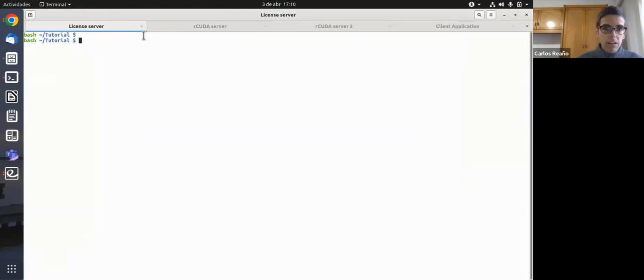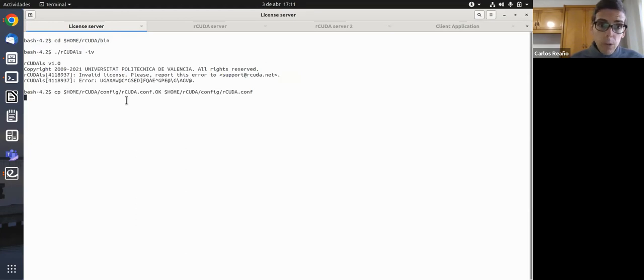So here we just need to start the license servers. You need to go to the path where you have decompressed the Arcuda software. You just run this command, which stands for Arcuda license servers. You are going to run it in interactive and verbose mode. If we don't put the options I and B, it will just be a daemon running in the background. But I'm running this so you can see what happens.